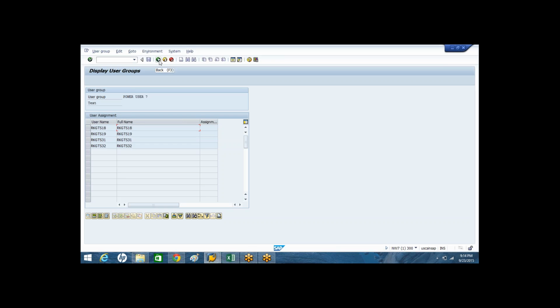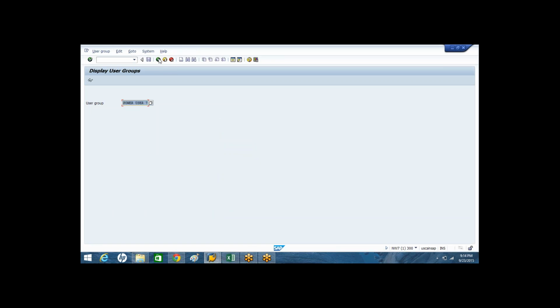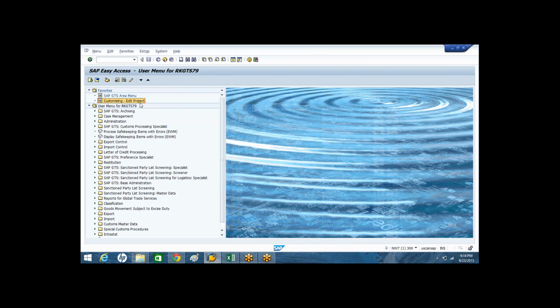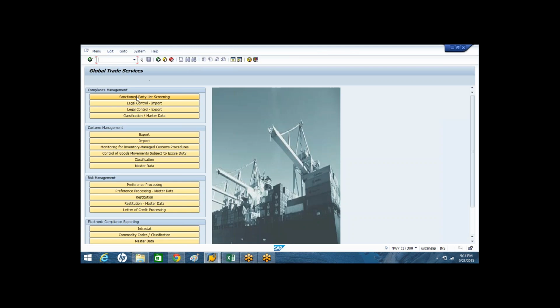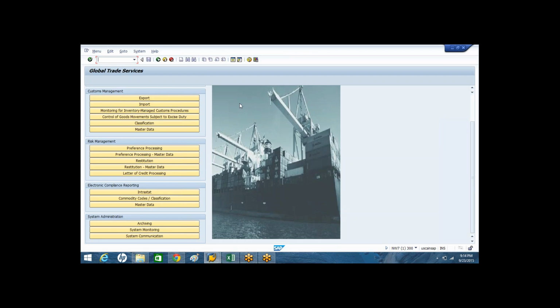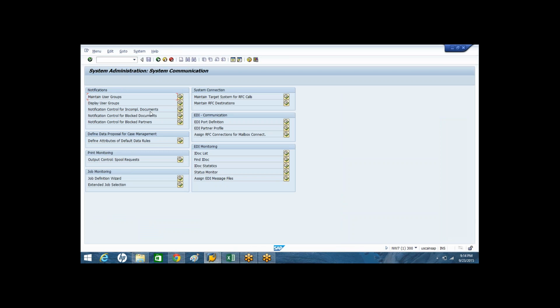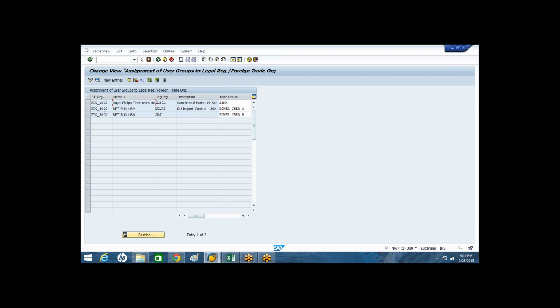I will show you. If you go to the GTS area menu one more time, once you specify the user groups, go to the system communication. Here you will tell the system notification control for the blocked documents. Here you tell the system for which legal regulation and for which foreign-trade organization.